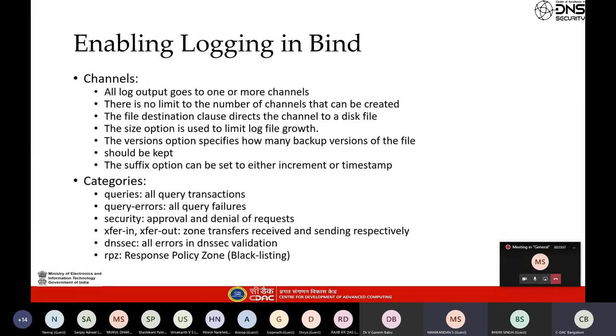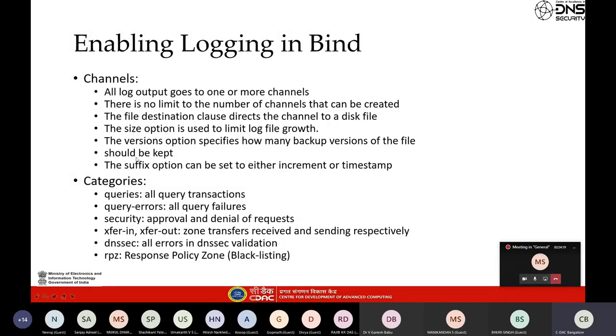We have seen that already. So we have two concepts in the logging: one is the channels and the other is the categories. Channels are the places where we specify what type of log, the names of the log files and the items which are going to be logged as part of that log file, meaning which destination it has to go,